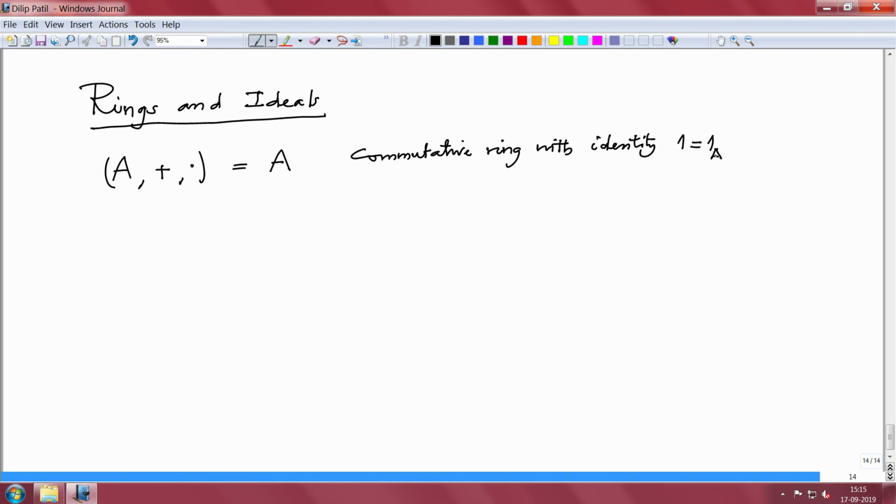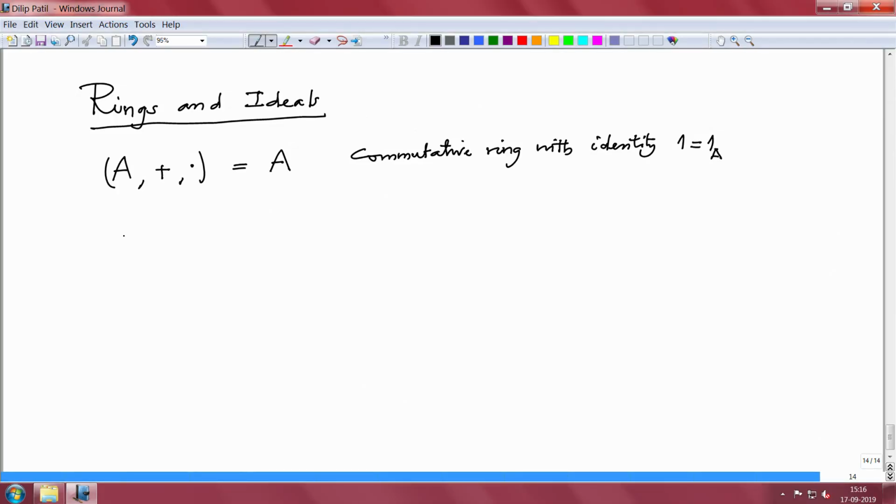We will use this notation only when there is a chance of confusion and many rings are involved. And then the collection of all rings, I will keep denoting like this, Rings, with a double underline, and of course we have ring homomorphisms between two rings. How do you compare two rings? With a ring homomorphism.